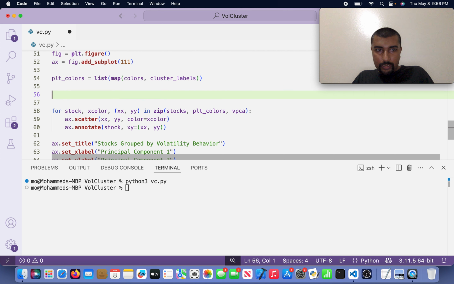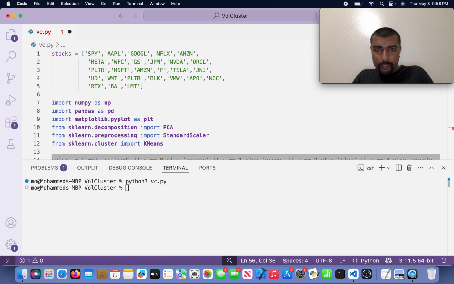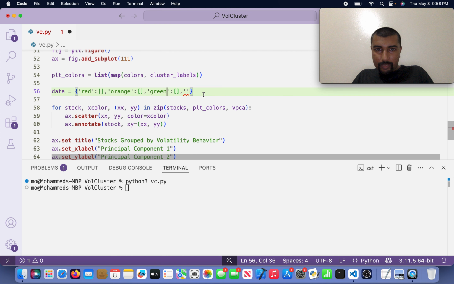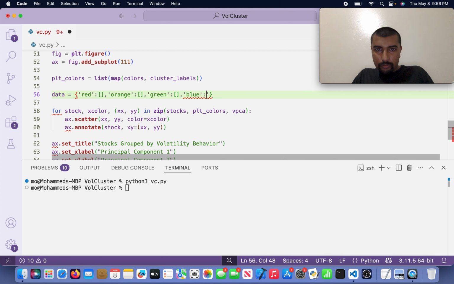I'm gonna come here and declare a variable called data equals empty list, or rather, it's gonna be red, orange, yellow. No, not yellow, green instead of yellow. Let me come back up to the colors. Red, orange, green, blue, purple. Okay. So this is going to be